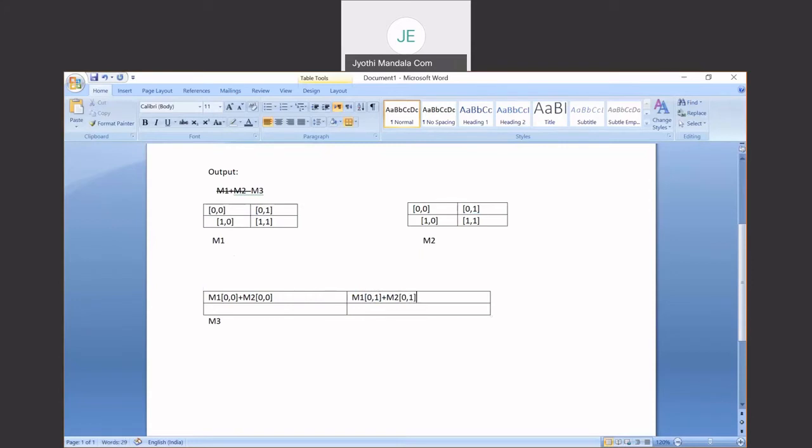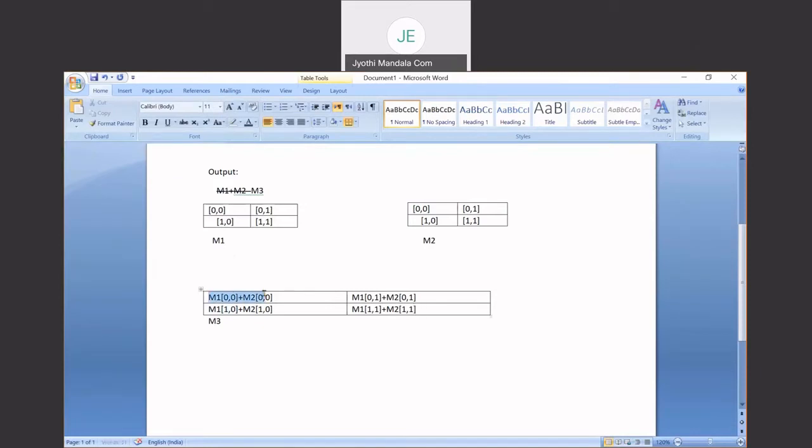Very good. Now how this value can be derived? M1 of 1 comma 0 same fashion plus M2 of 1 comma 0, right? How this value, this one is a similar fashion, M1 of 1 comma 1 plus M2 of 1 comma 1. I hope this is clear to you all.